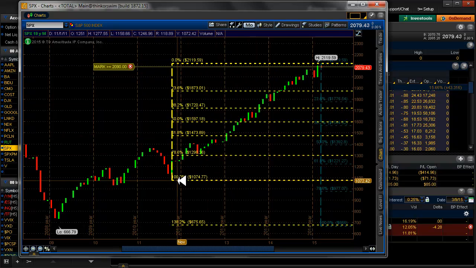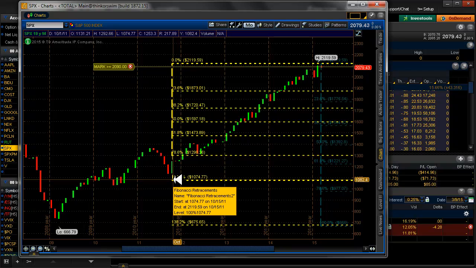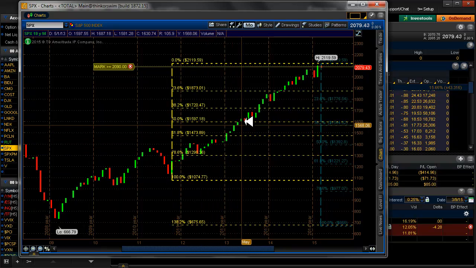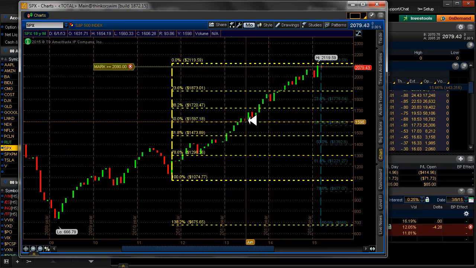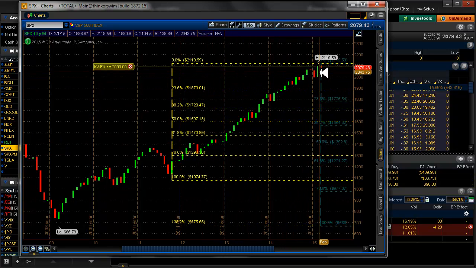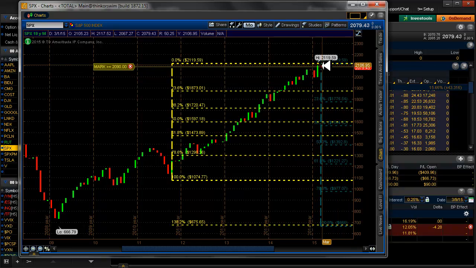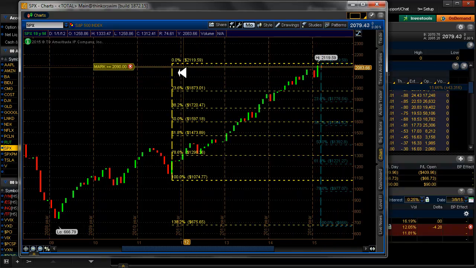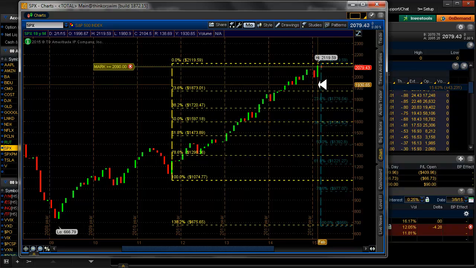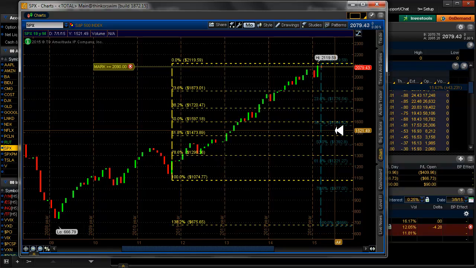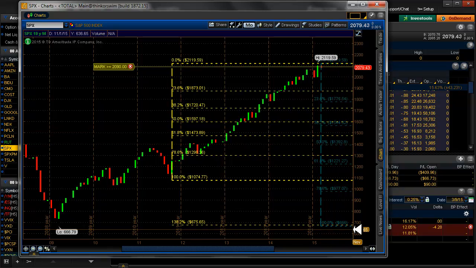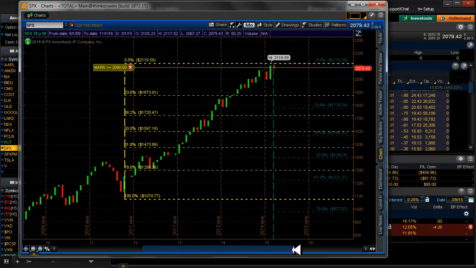So that's what the yellow one is, and that's from this low, which was back in October. And since then, it's been just on a tear. It's like a parabolic move here. It's just a very flat trend line heading up. So now, if something's going to happen based on this low, these are where I place these retracements. The one over here, in this blue-gray color, has to do with